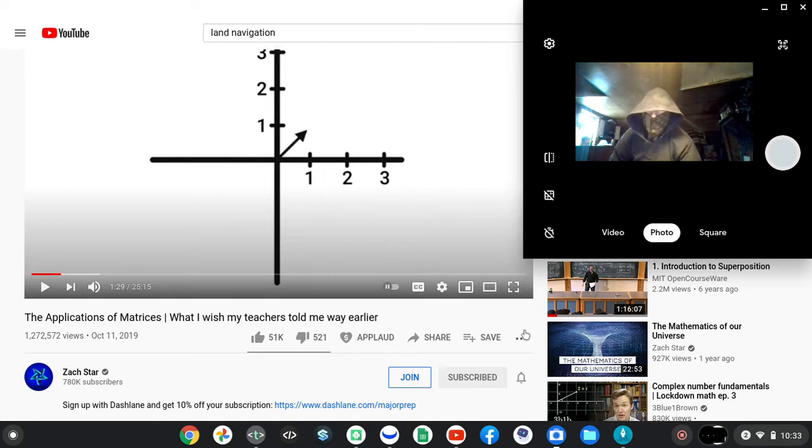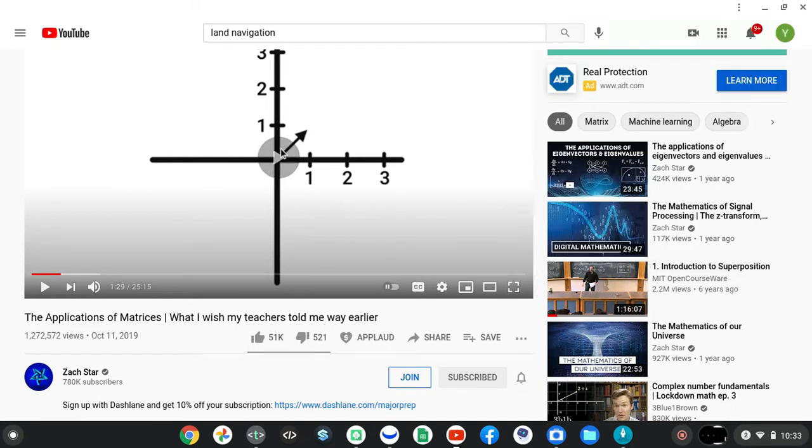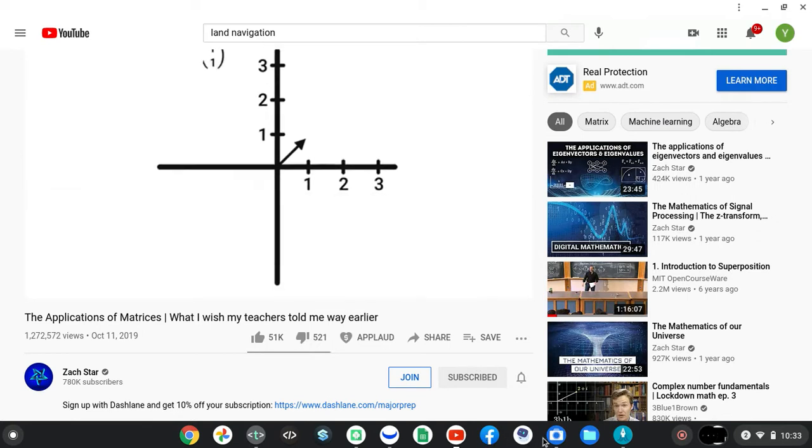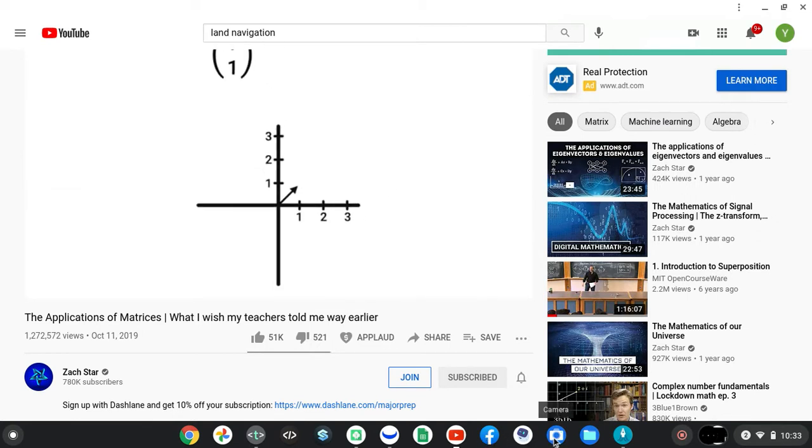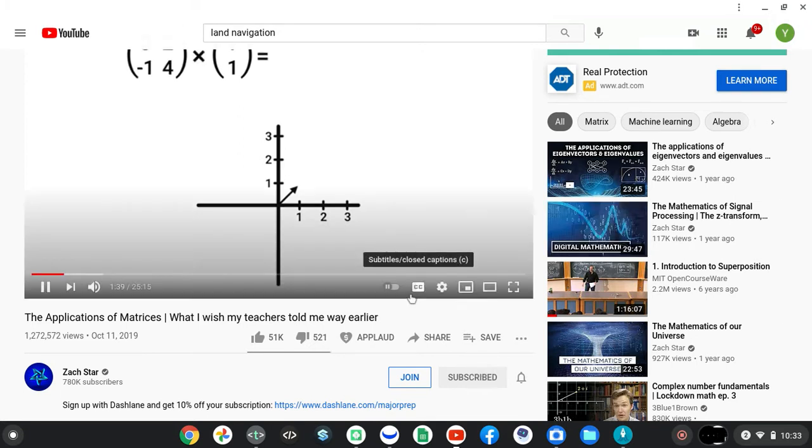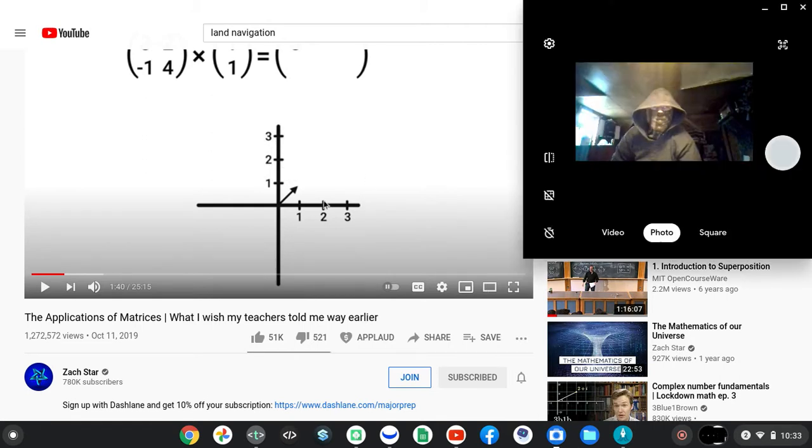The vector ends at 1, 1 and can be written in matrix form as shown: X component on the top and Y component on the bottom. And when you multiply by a 2 by 2 matrix like this,